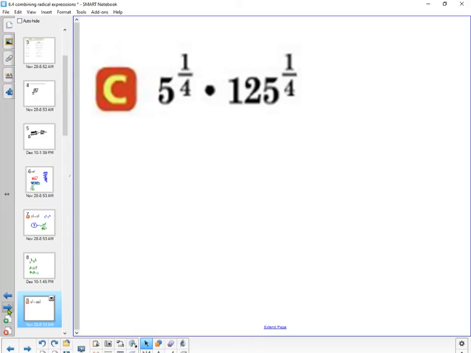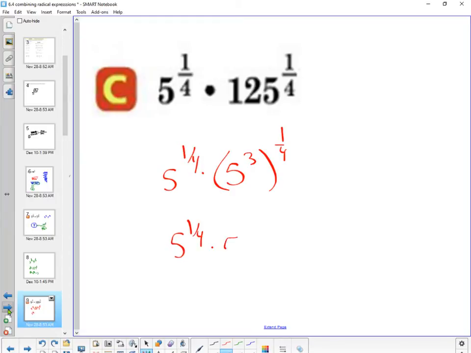Is there some way that I can get 125 to have a base of 5? Not divide, but I can take a root, right? So if I did 5 to what power? To the third power? Isn't that 125? So then I can just take that to the quarter. This is 5 to the quarter. So I've got 5 to the 1/4 times 5 to the 3/4. And that just ends up being